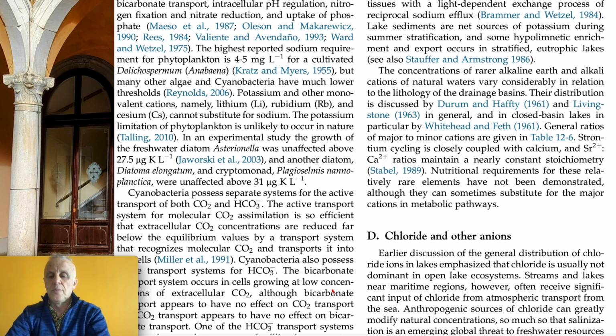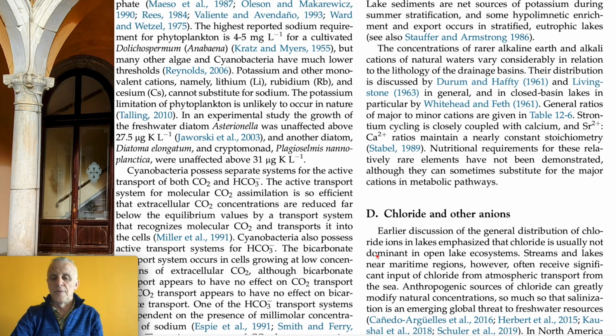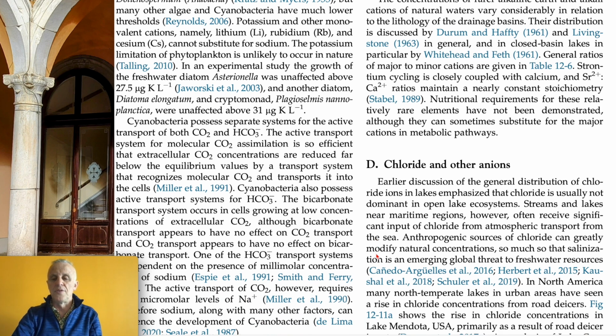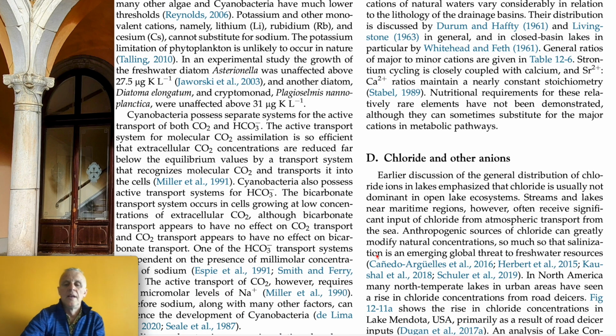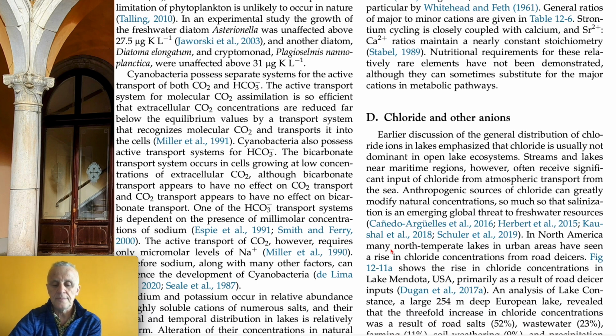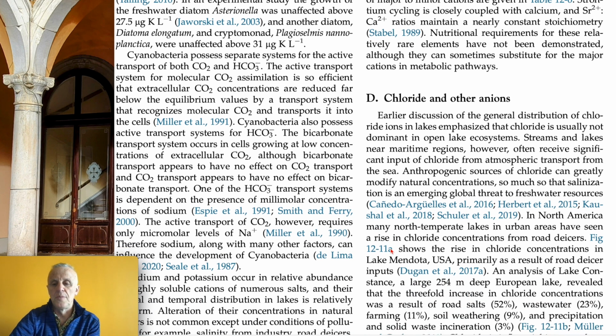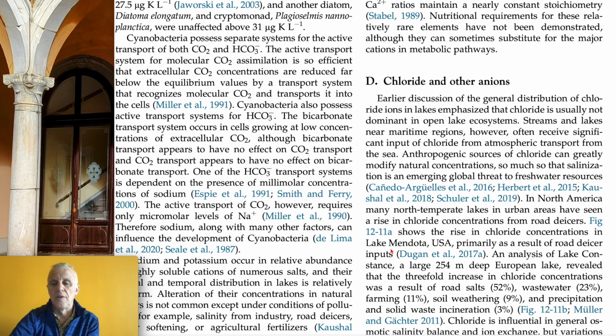Nutritional requirements for these relatively rare elements have not been demonstrated, although they can sometimes substitute for the major cations in metabolic pathways, chloride and other anions. Earlier discussions of the general distribution of chloride ions in lakes emphasize that chloride is usually not dominant in open lake ecosystems. Streams and lakes near maritime regions, however, often receive significant input of chloride from atmospheric transport from the sea. Anthropogenic sources of chloride can greatly modify natural concentration so that salinization is an emerging global threat to freshwater